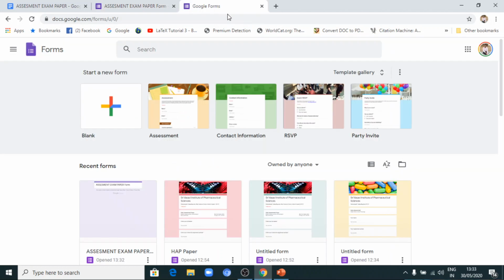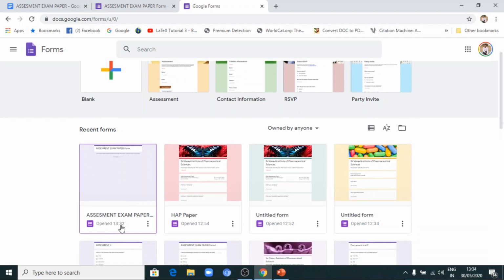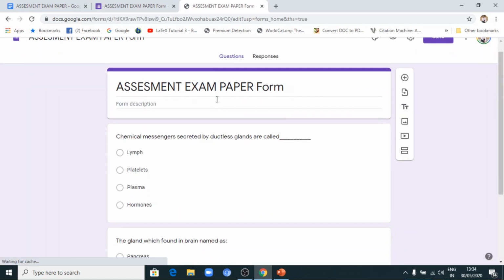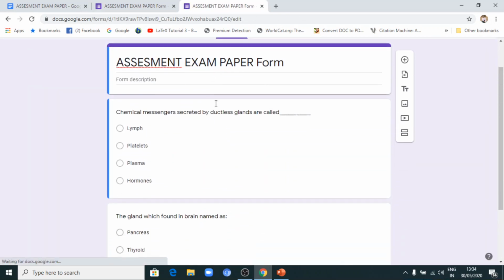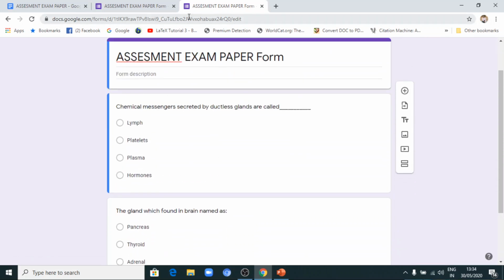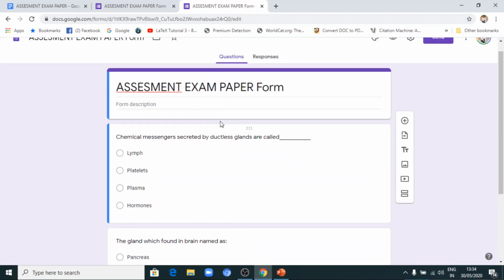So where can you see this? Go to the forms again, docs.google.com/forms. You can see this, it was opened at 1:32. So you can see those two questions here. Whatever questions are there, automatically get saved here.